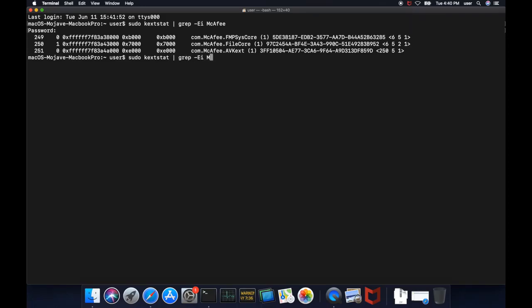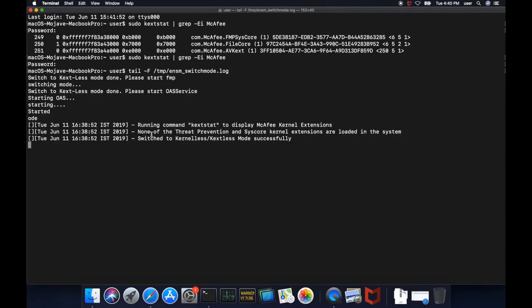Also, the AADK package status can be confirmed by opening the ensm_switchmode.log file created by the package under the /tmp directory for any success or error messages.